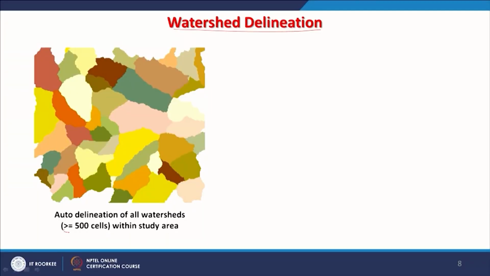With the same digital elevation model which I was using, the watershed has been delineated, and the threshold value was kept equal to or more than 500 cells. So any watershed which is smaller than that has not been identified. One problem I mentioned earlier in the previous lecture, which I am going to repeat, is that while doing this you will have limitations of surface hydrologic modeling along the boundary or margins of your input digital elevation model,